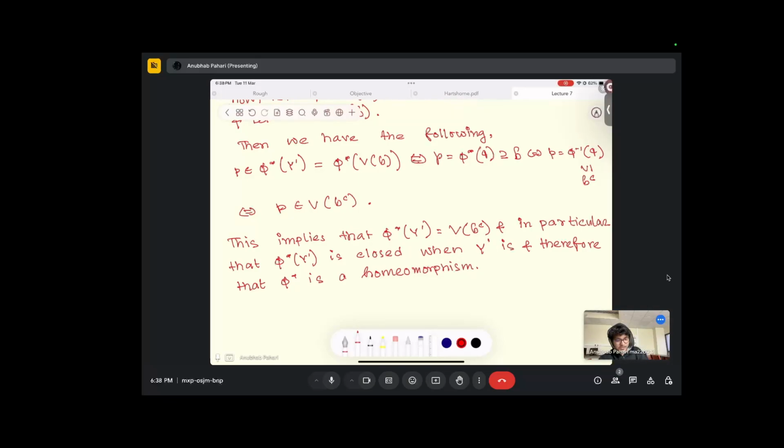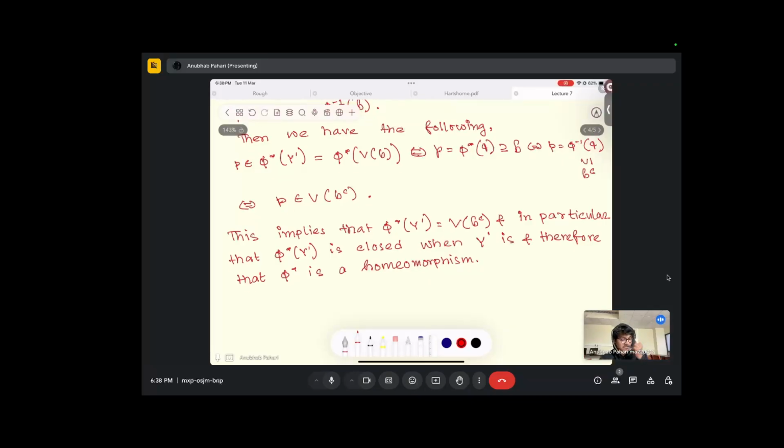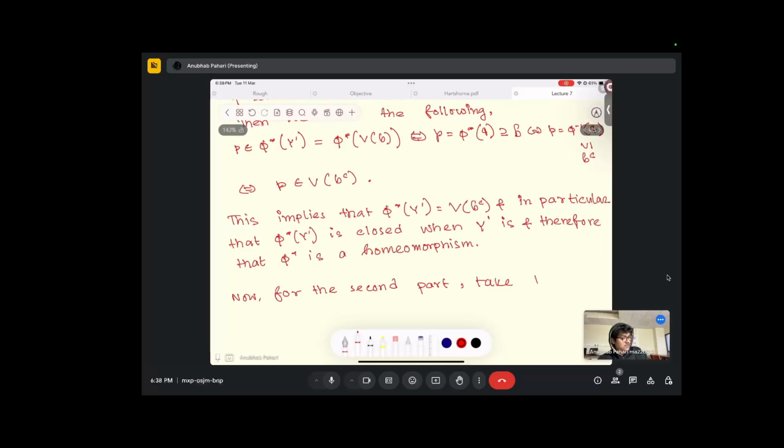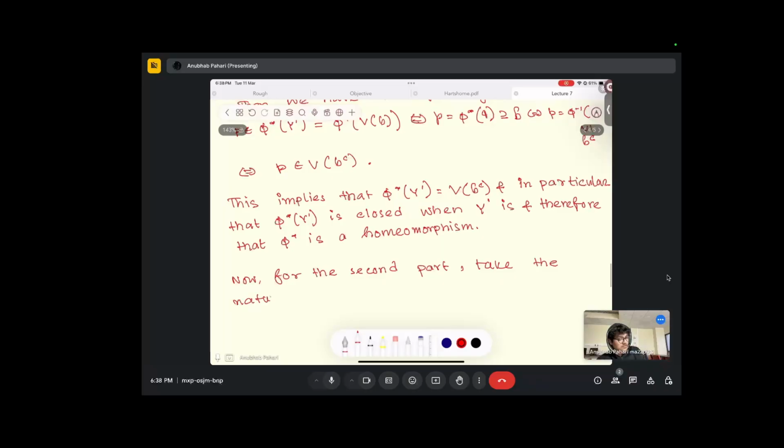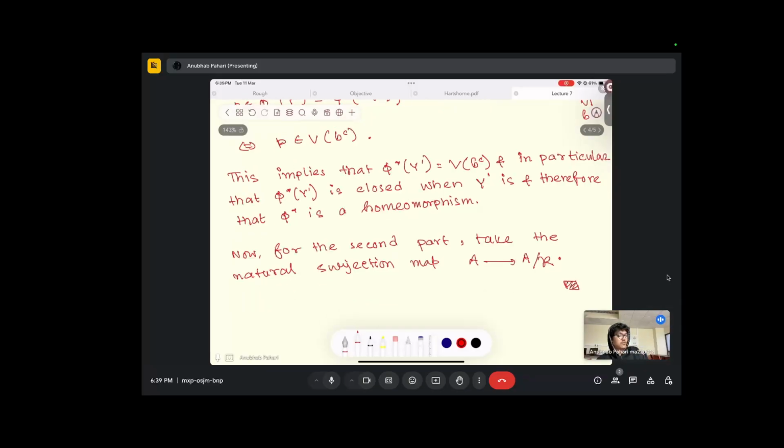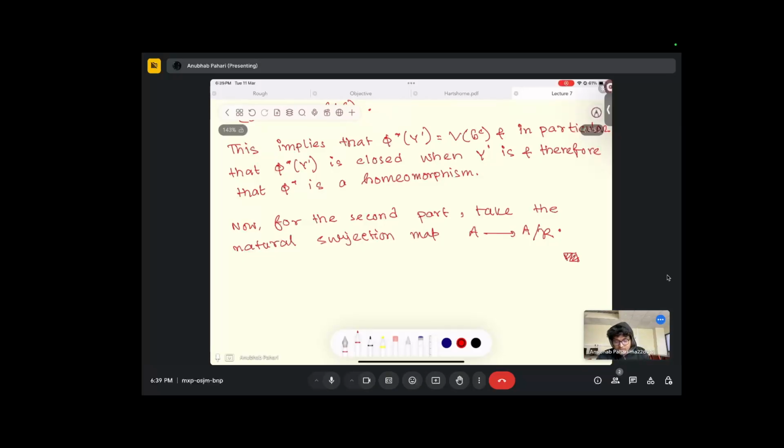Now for the second part, take the natural surjective projection map from A to A by R, then you can see that this is a homomorphism. Okay, so